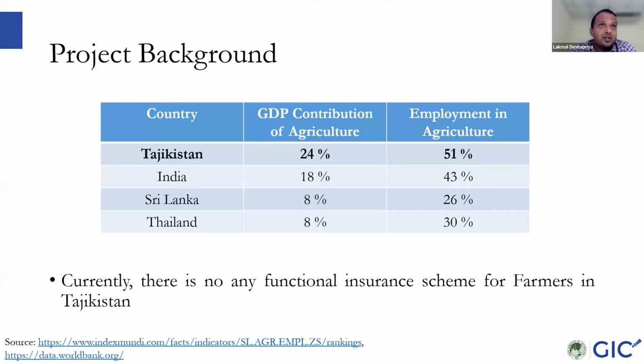Historically, they used to be part of the Soviet Union, right? And they got independent in 1991. Before that, they used to have what they call the planned economy, a centralized economic system. So the government used to have a mandatory insurance scheme. Then after they got independent, privatization happened and private companies came into the industry, but still they couldn't provide any agriculture insurance in an affordable manner. So UNDP wants to tackle this problem and try to look into alternatives like weather index insurance. That's where this project started.